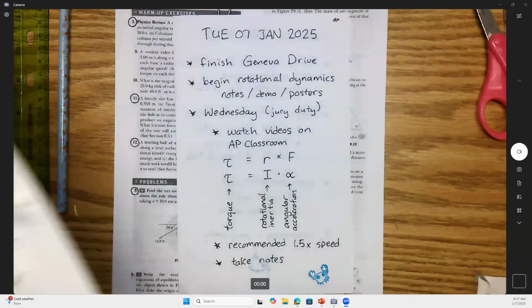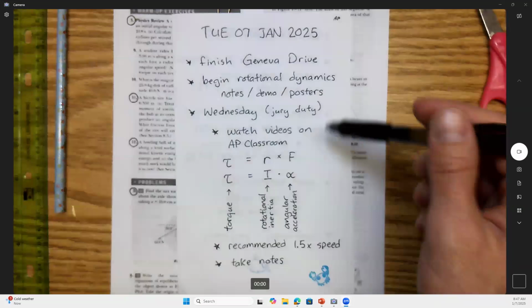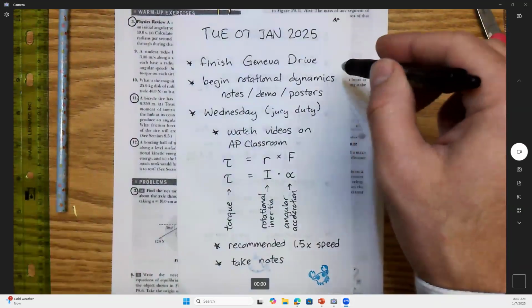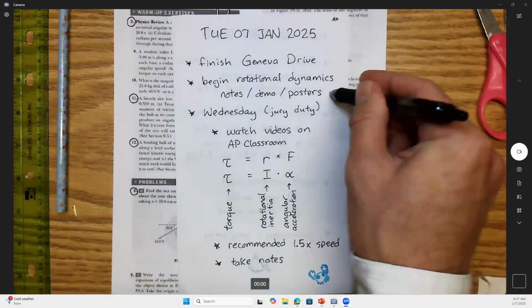You guys have your Geneva Drive projects. We did a lot of this yesterday. Want to finish this today. I think it's a good way to kick off January, this hands-on project. All right, so I hope I have some time at the end of class because if I do, I want